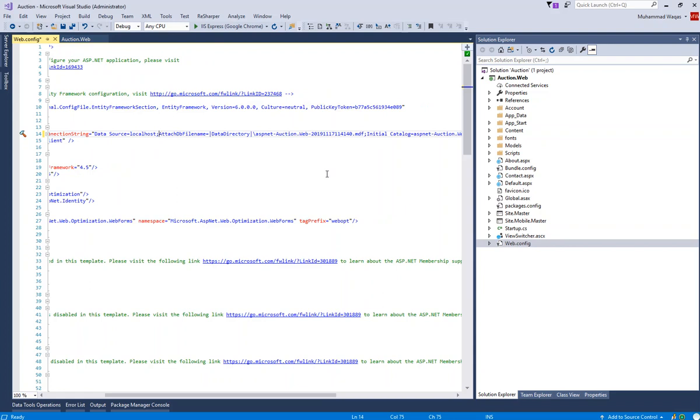And I don't need this application file name. The initial catalog is in fact the database name. So we will say the name auction to my database. Integrated security true. That means that if